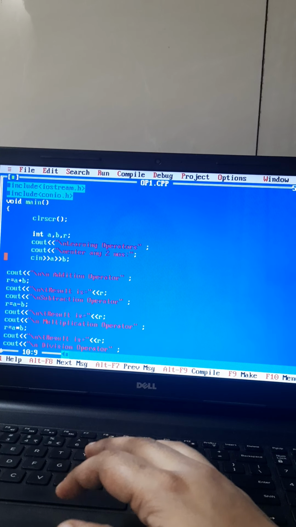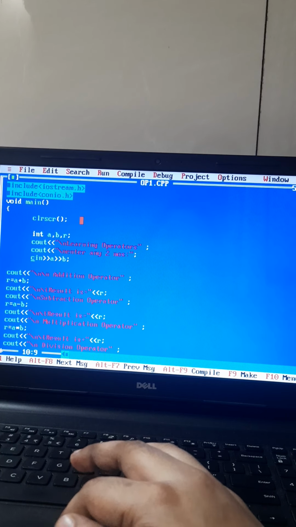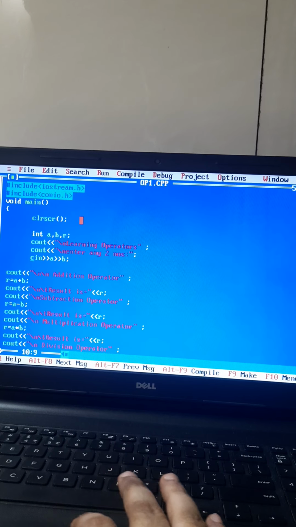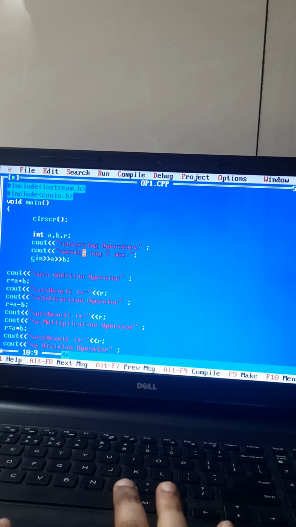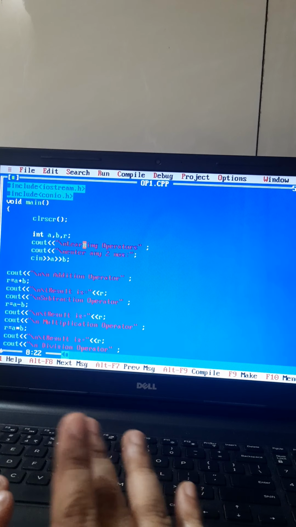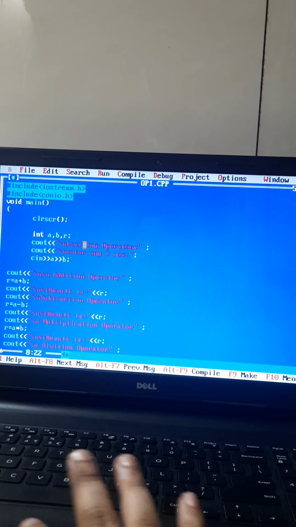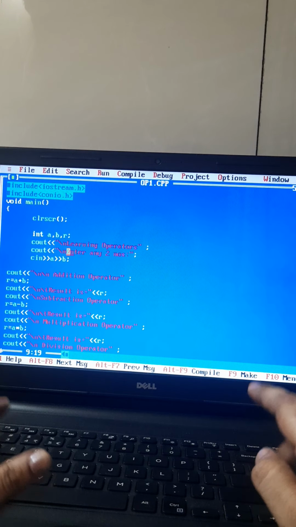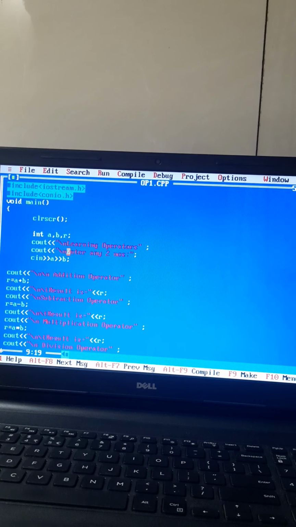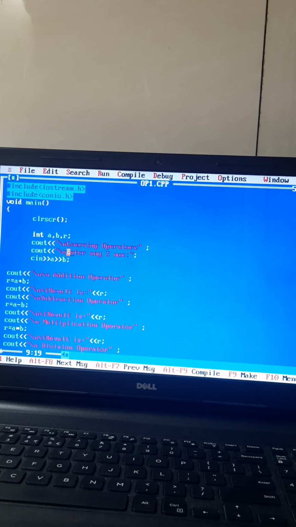What I have done in this program is, I have declared 3 variables a, b and r, and then I have done various operations on them, right? Just see, here we are giving the message to the user that we are learning operators. We are going to ask the user to enter any two numbers. I have already told you that your program should be such that it interfaces with the user.